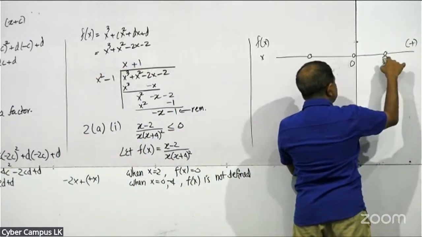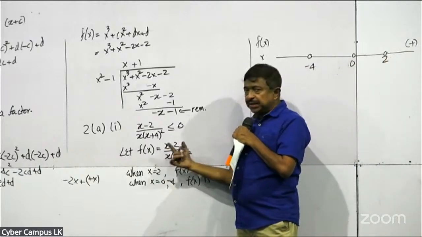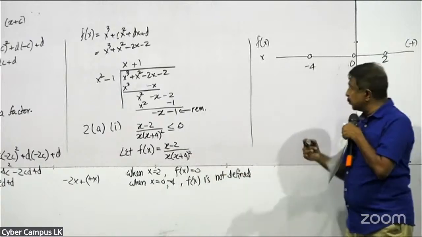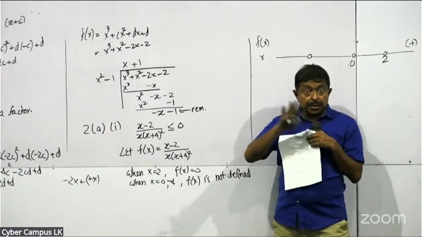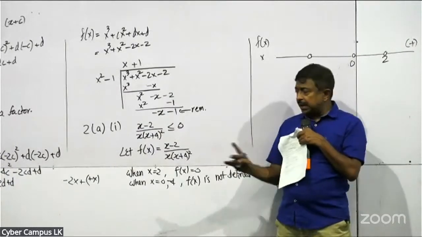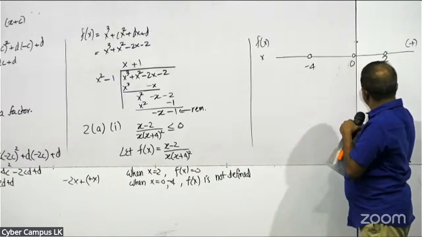After that, you have to cross this over. When you cross this over, the sign of this is changed. Or you can choose some value in between, like you can choose 1 or something and find the sign, but it's time taking. The easier way to handle an inequality like this is to take this